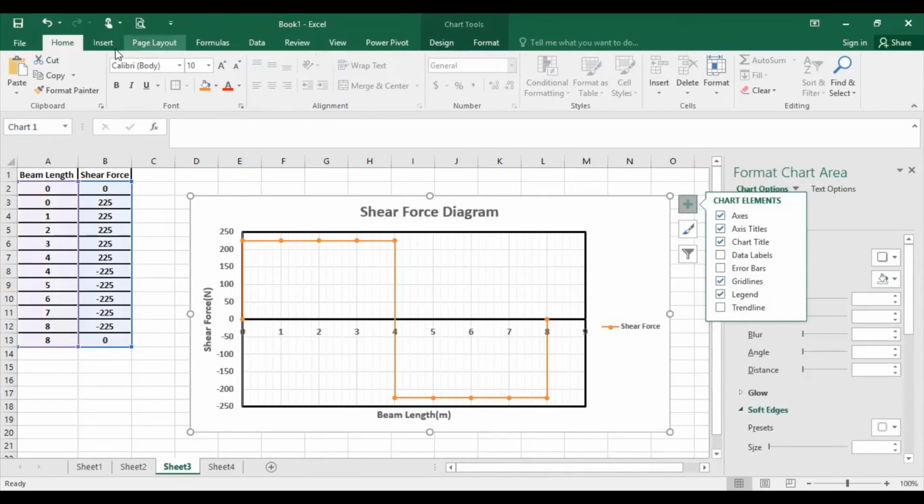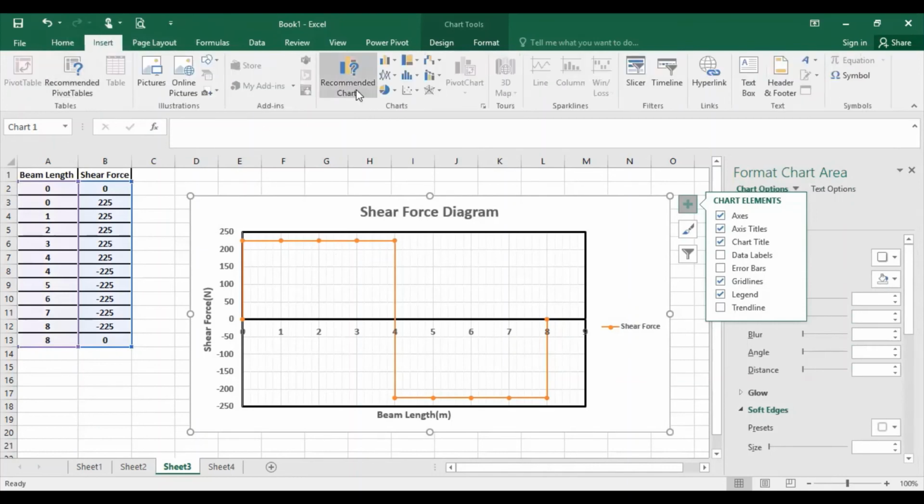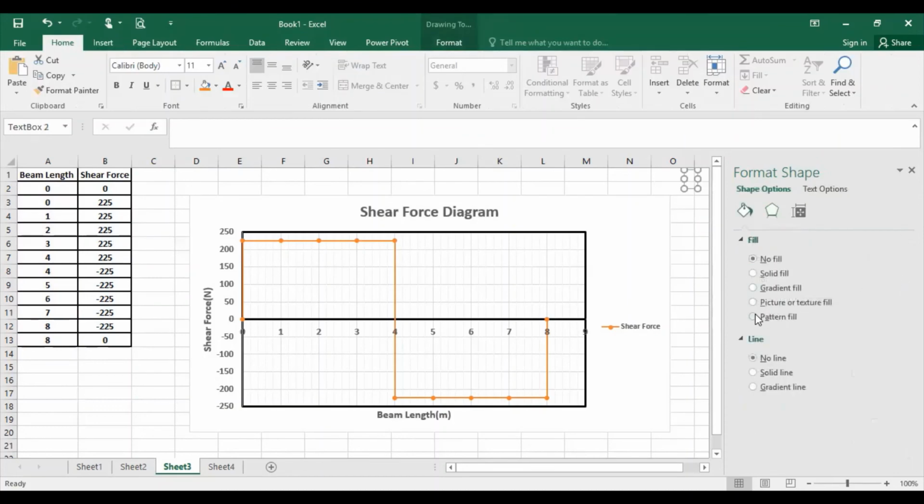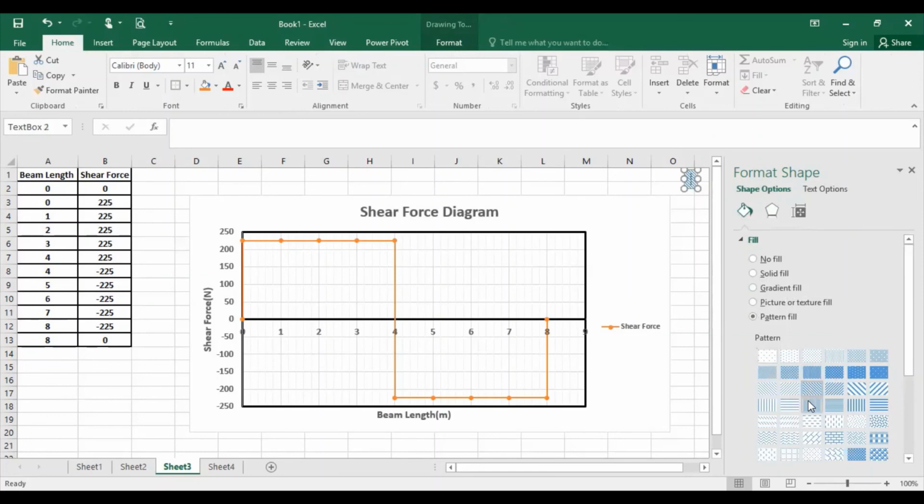And if you want to add some shapes here, you can also add them, it's up to you. If you want to add a text box here, you can add a text box from here. So this is the way to make it. And if I'm going to apply a pattern, which pattern is it taking? I don't think it's needed.